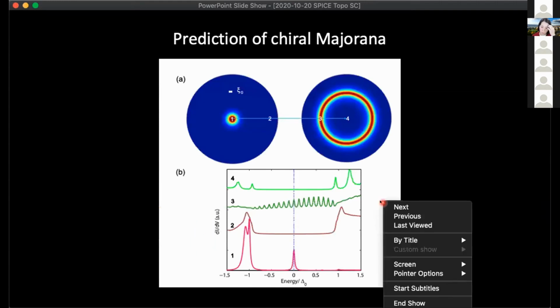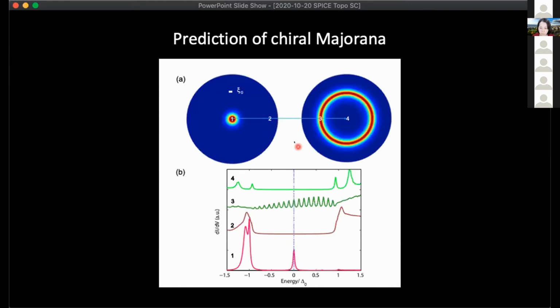So then the prediction that can be experimentally tested is that there will be a chiral Majorana mode if you pick a pair of a full vortex, that is a vortex with a Majorana zero mode, and an empty vortex, that is a vortex without a Majorana zero mode. If you cut across a line with an STM tip, you will see